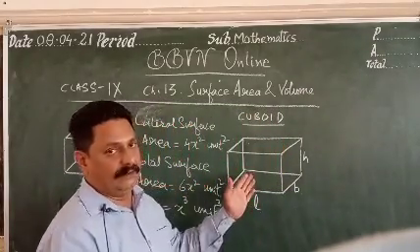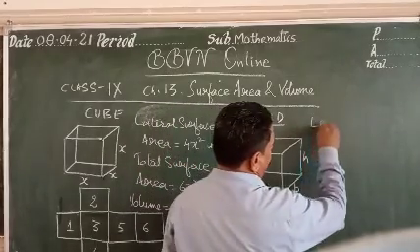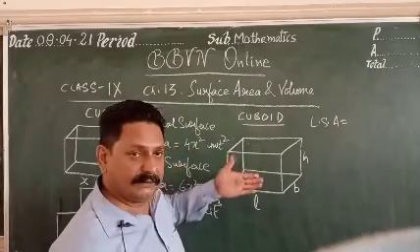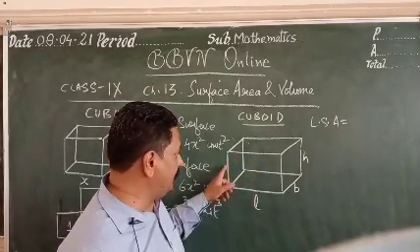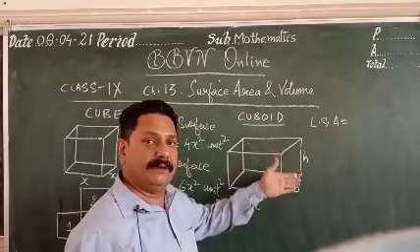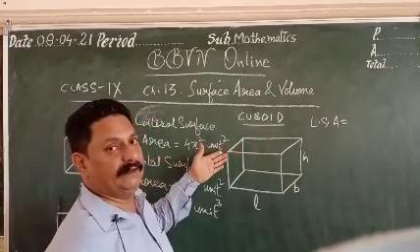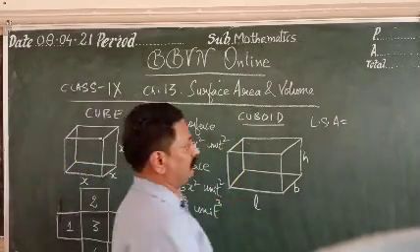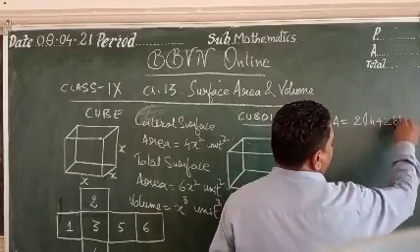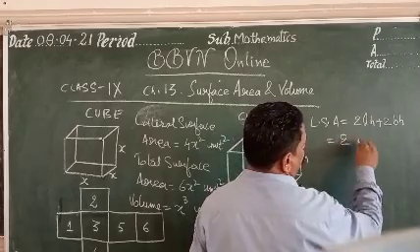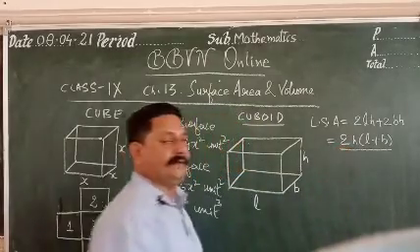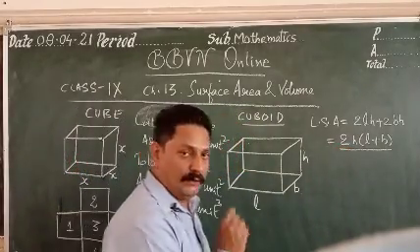Now if I talk about lateral surface area of this cuboid, suppose this face that is facing me, it is L into H. The opposite will also be L into H. This face is B into H. Opposite face is also B into H. So area of 4 walls is 2 times L into H plus 2 times B into H. So this becomes 2H times (L plus B). This is the lateral surface area of a cuboid, area of 4 walls.